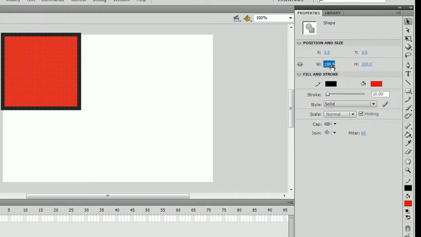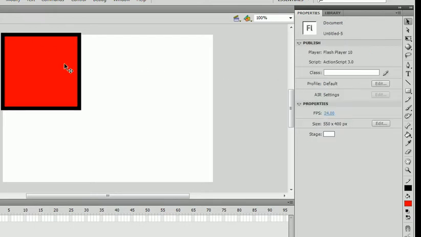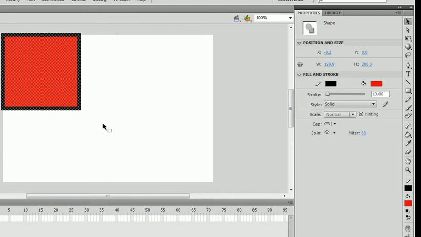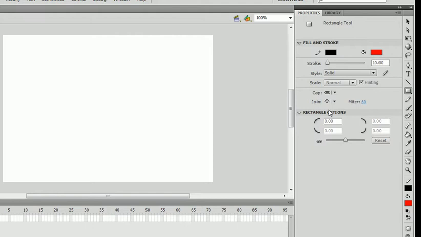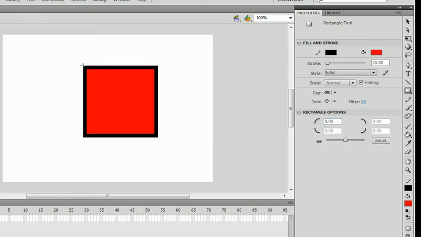The width you can change by dragging, or you can double click and set whatever you want. I'm going to make this 200. Make the height 200, which is already done for us. And that's it for the rectangle tool. Something that you can do, select our rectangle tool, you have this option before you draw it, is the rectangle options. If you were to set this to 0, the corners of the rectangle would be